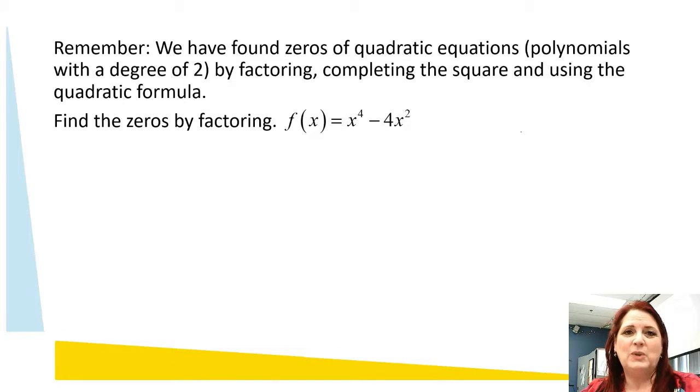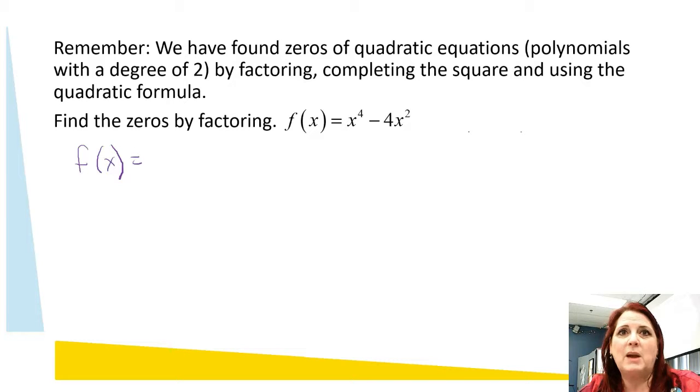In our last unit, we were looking at quadratic functions, and we learned where those zeros were by a few different ways. We could either factor, sometimes we use the quadratic formula, or completing the square so that we could find those zeros and be able to graph the function more clearly. Now, this time we're going to be graphing things that are not quadratics, but we're still going to refer to those skills. Now, this one's not a quadratic, but we can still factor that